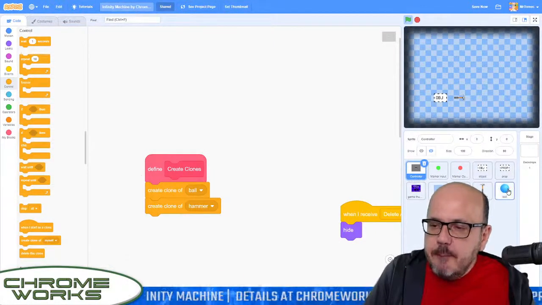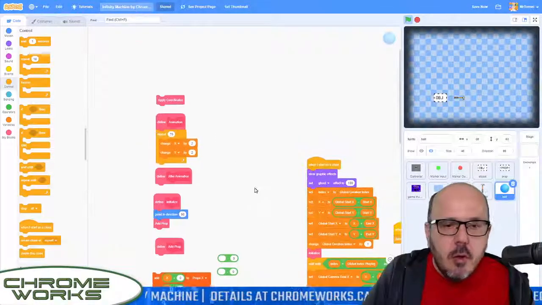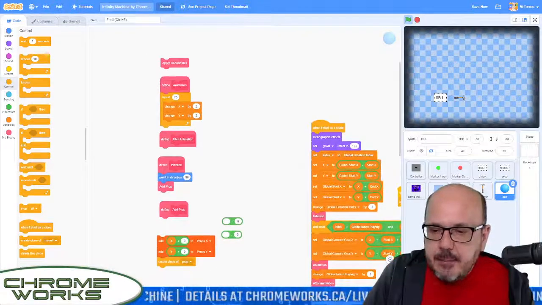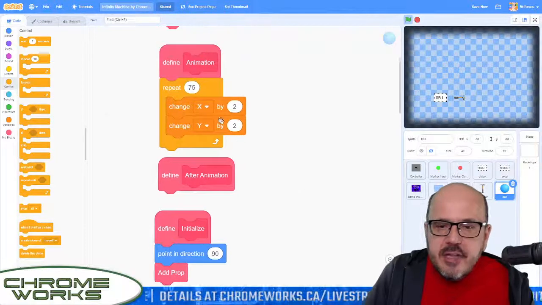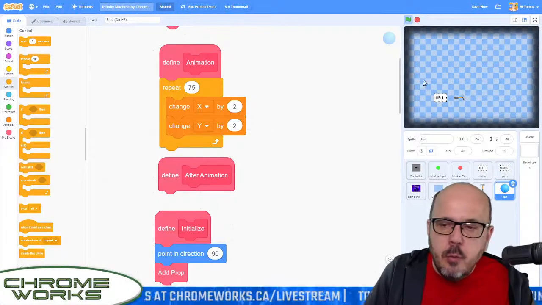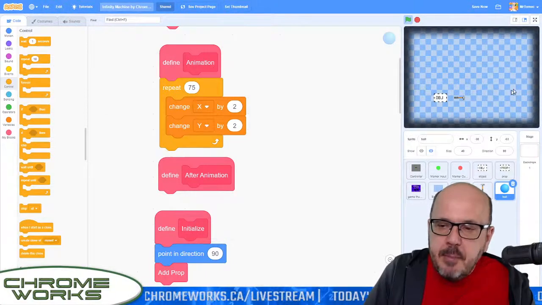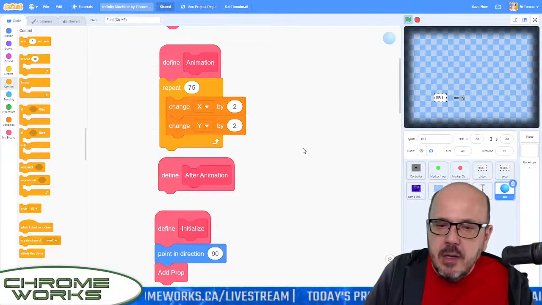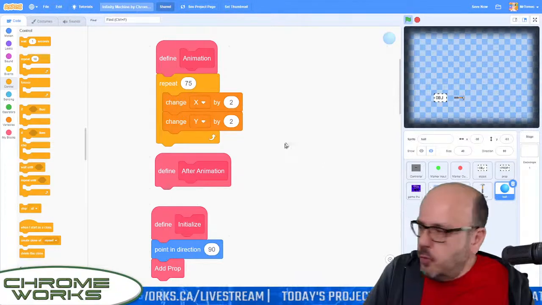Now we have to program the movement of the ball. So let's go define animation. Now we wanted to change it to X and Y coordinates. Remember that we're not using the real coordinates because we're in a bigger expanded game world here. So what we're actually trying to do is,